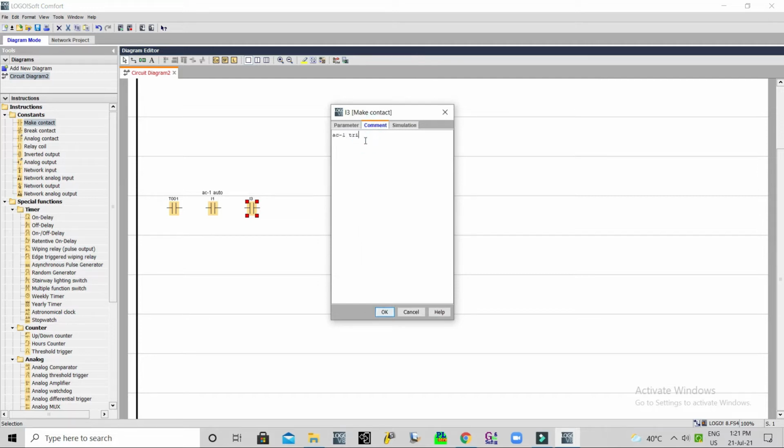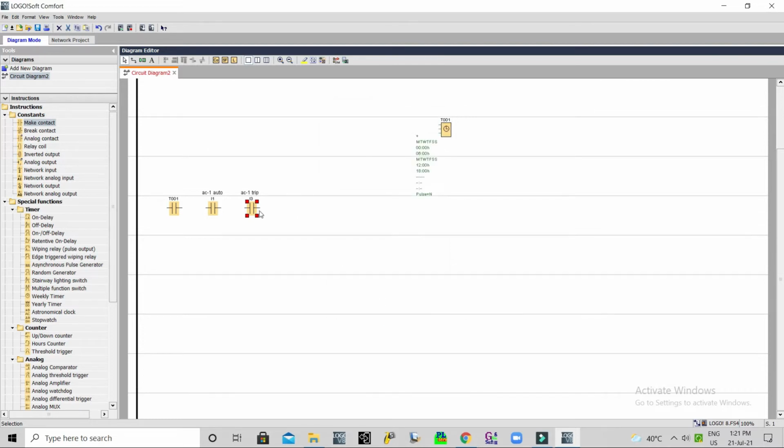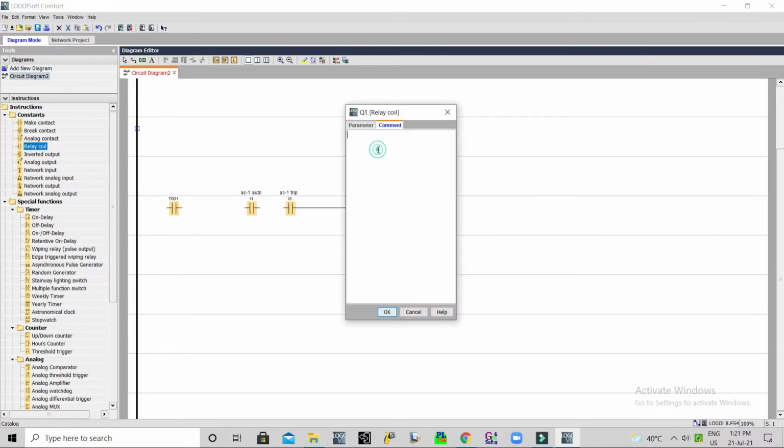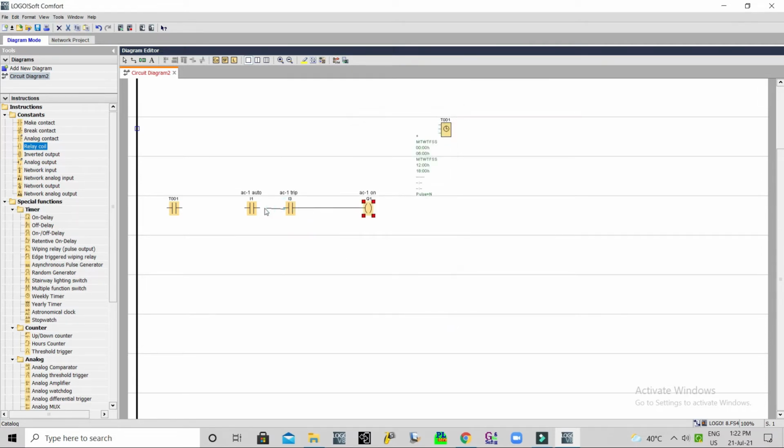AC1 trip. Now we will connect output Q1, AC1 on. Now we will connect it.